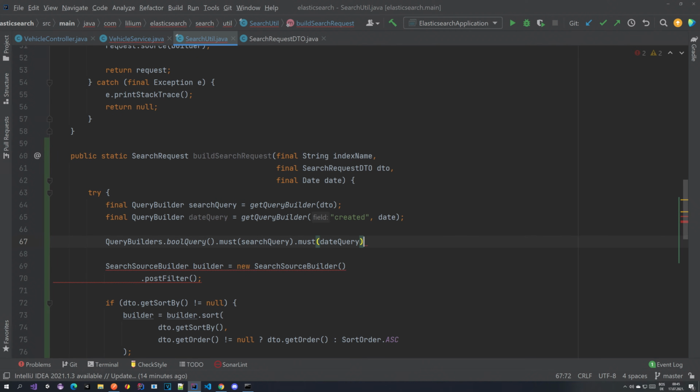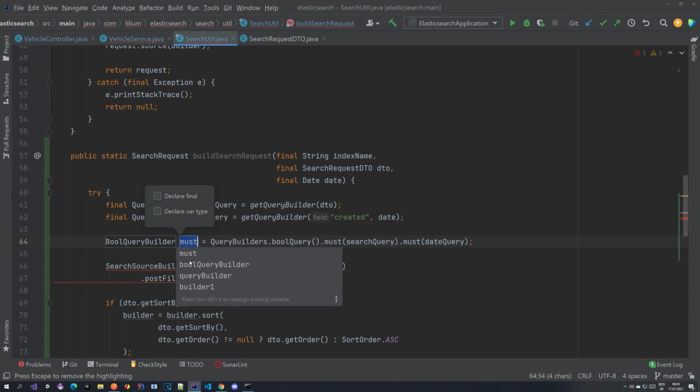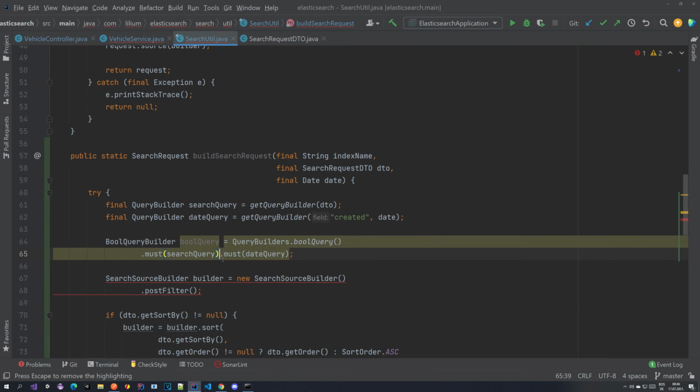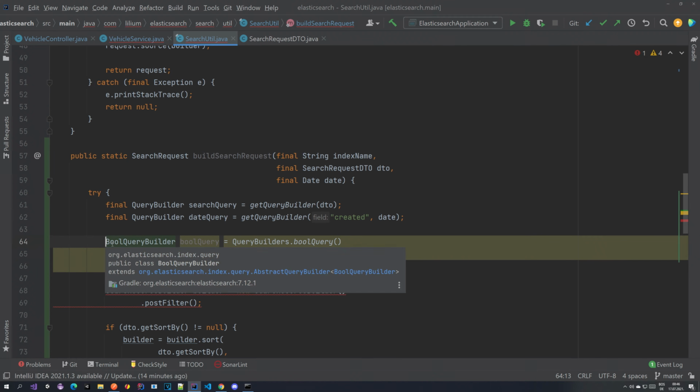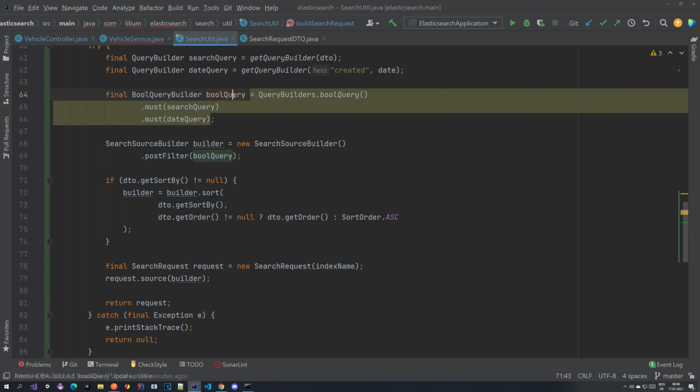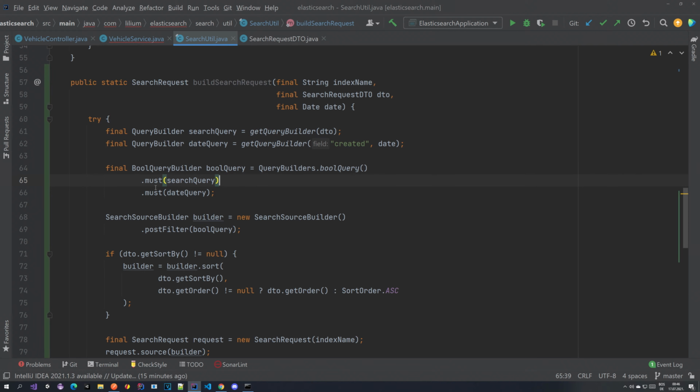the date query. And let's create a variable here. Let's name it boolQuery, and let me just format it a bit so it's easier for us to read. Let's make this final, and we take the bool query and paste it here. Perfect. So we have our bool query, which contains two must clauses, one containing the search query and one containing